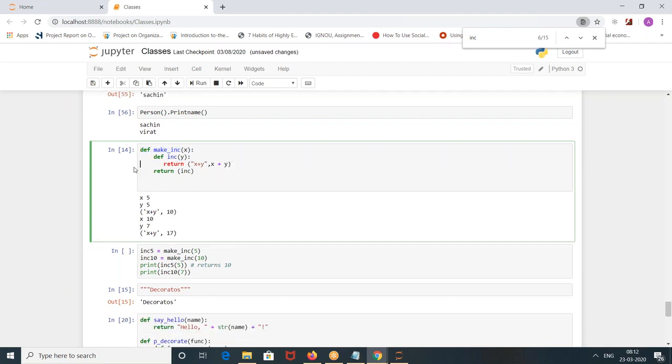So very simple, just keep these 4 lines only. You're doing just x plus y. Ink means you will get y. No, I won't get y here. The ink function is storing x plus y. In the second function, you are writing the return statement.